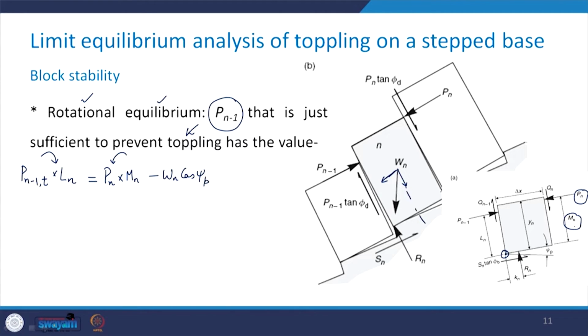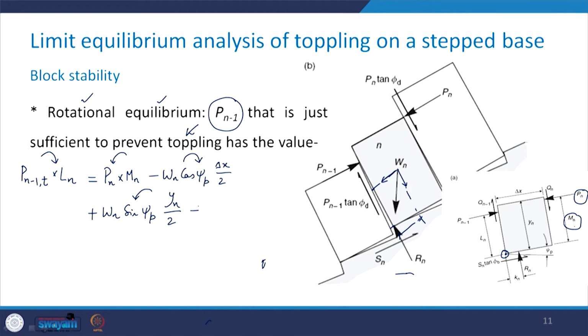This distance is delta x, so this is going to be delta x upon 2, and this is going to cause the moment in the clockwise direction. Then you will have another component of W which is Wn sin psi_p, and this is acting at a height of yn upon 2. So, this is going to be yn upon 2 and its direction will be this,